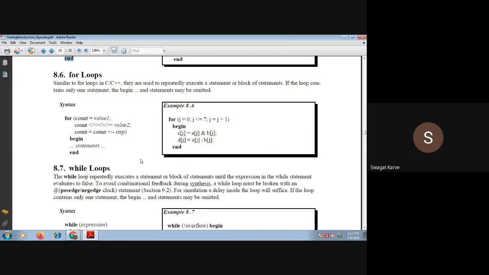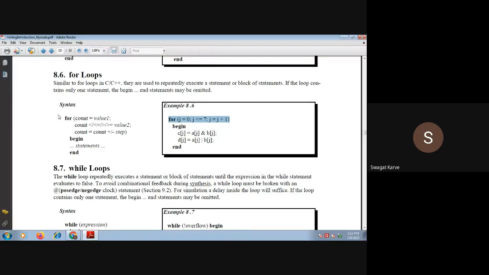Now again, the for loop, the same way you use it in C language, the same way we write it here also. बरोबर आहे. सी मध्ये फॉर लूप असाच लिहिता का नाही तुम्ही, for j is equal to 0, whatever variable you have defined. For j is equal to 0, j will receive the value 7 and j is equal to j plus 1. ह्या सेम वे मध्ये तुम्ही सी लँग्वेज मध्ये फॉर लूप लिहिता. In the same way you have to write this for loop in Verilog also. That's why I mentioned at the beginning of this Verilog, it's much similar to the C language.